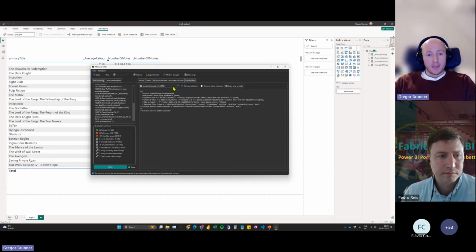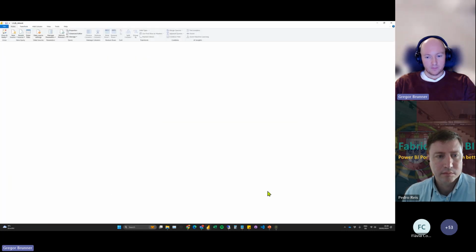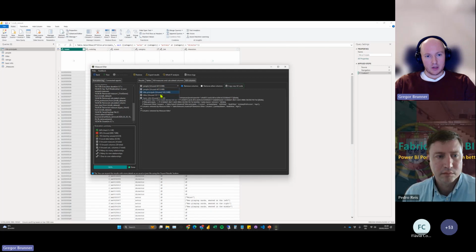Next thing, measures and calculated columns we did. Now we want to look at the real columns, the data columns, right? The ones that come in through Power Query. And if I go to this kill columns, Measure Killer is giving me an M code. So I get a new M code. Basically, I can go into Power Query now. And you can see I have those 4 tables, and I'm getting a new M code from Measure Killer.